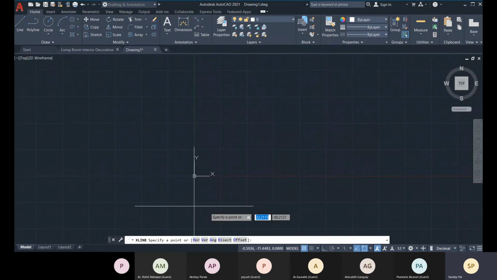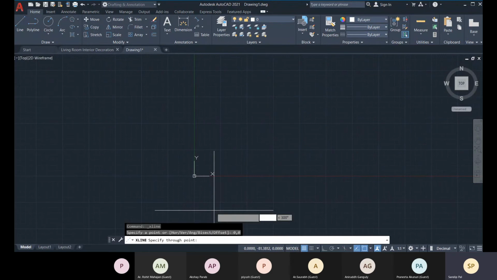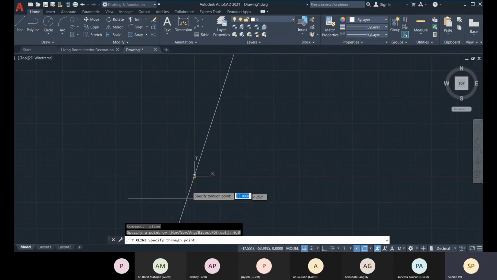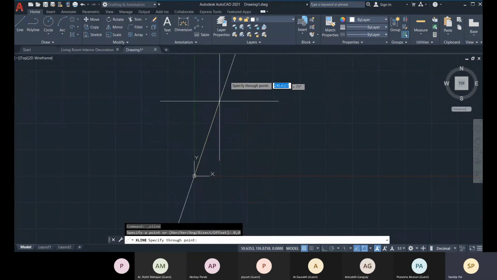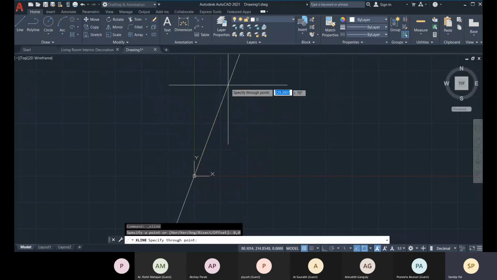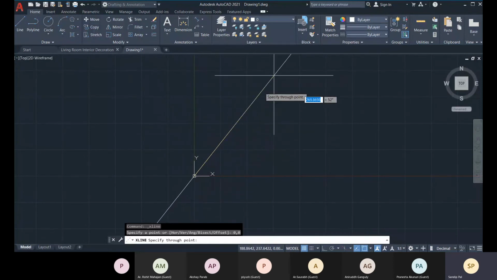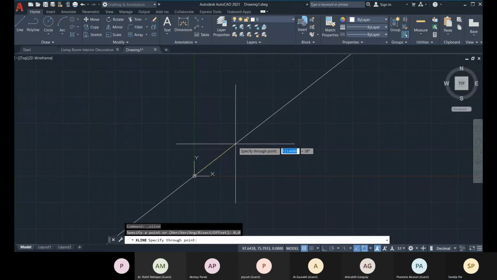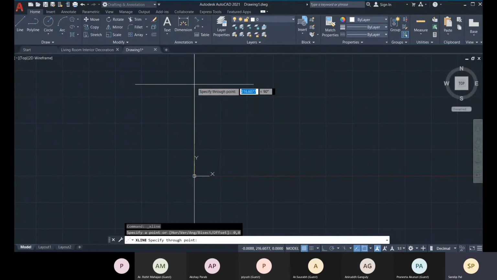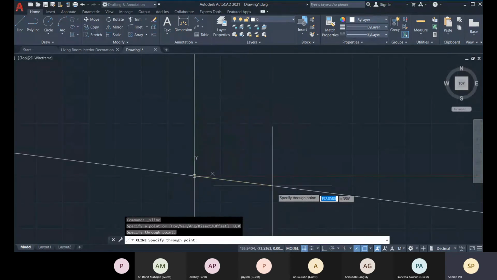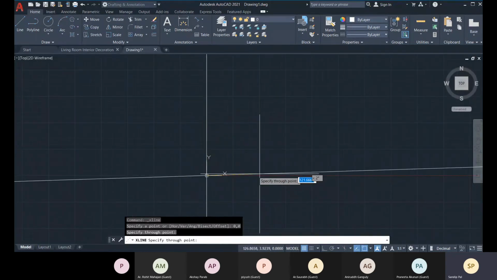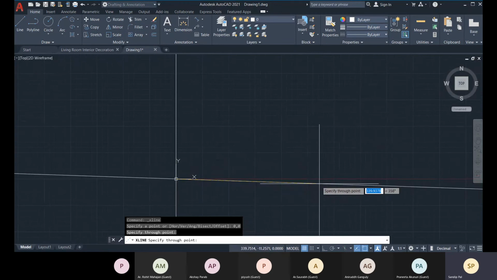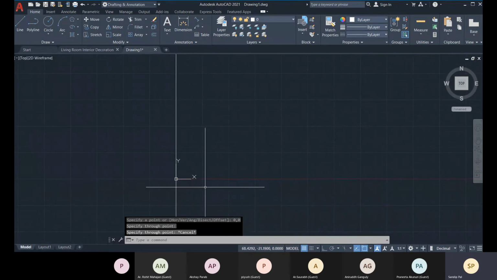I will define a point first, that I'm defining as 0,0, and then I have to define the point it will pass through, and in that direction it will go infinite, and in the opposite direction also. It will continue the creation until you press the escape button.